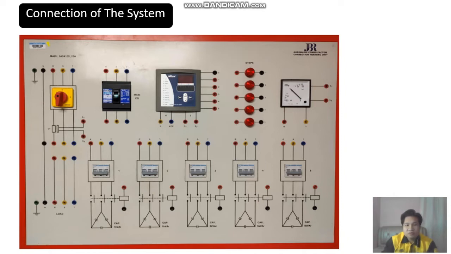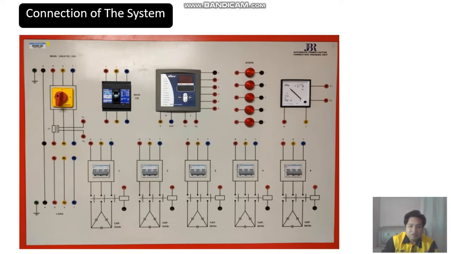In this part of the video, I'll be talking about the connection of the system for our laboratory session. Here we have our supply unit, which has our switch, our circuit breaker, our digital measurement unit, and our analog measurement unit. What we need to do first is connect our main supply to our